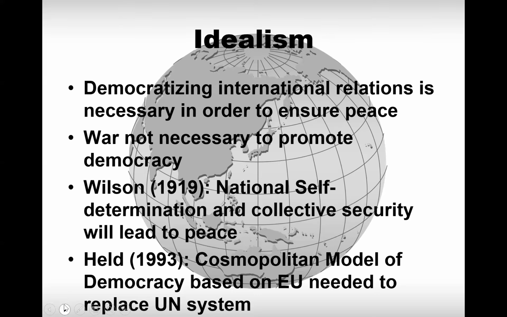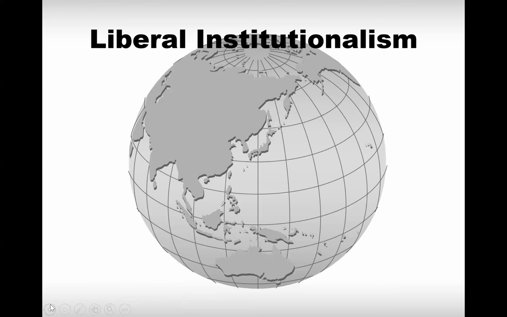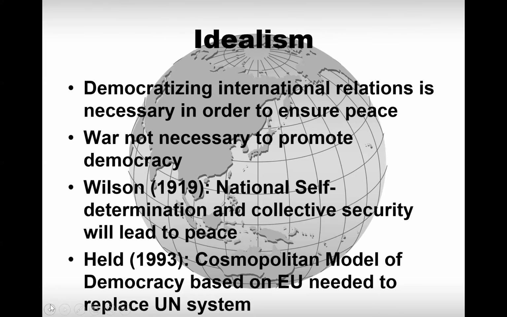So if we look at idealism, we can see that it has been a very influential form of dealing with the international. So the idea is, instead of changing the basic units and leaving the international system intact, this is what liberal internationalists argue. Idealists say, look, we have to change the system. We have to change the structure.